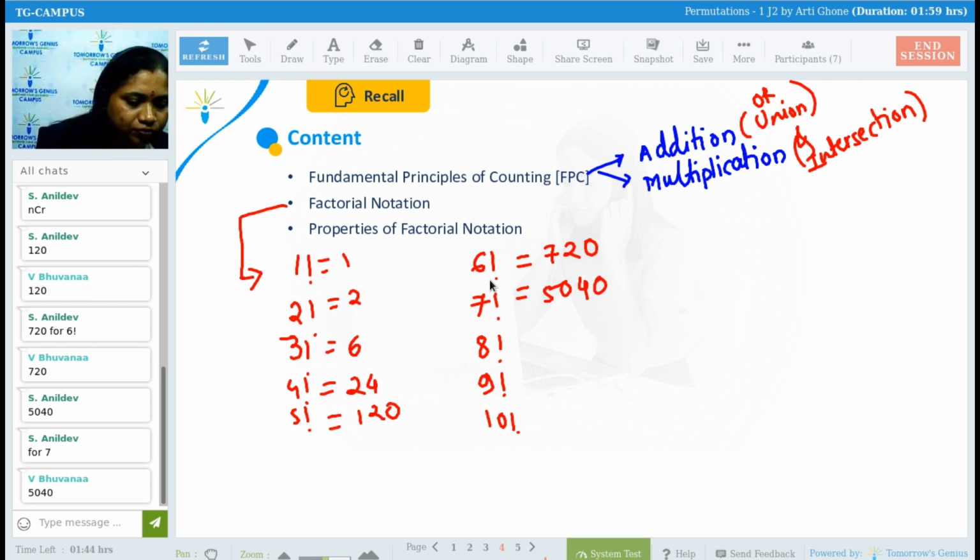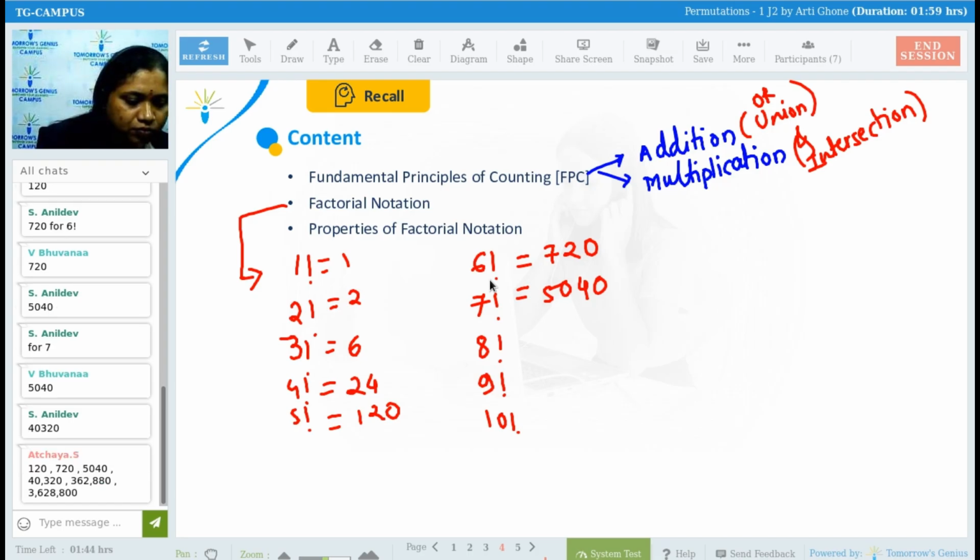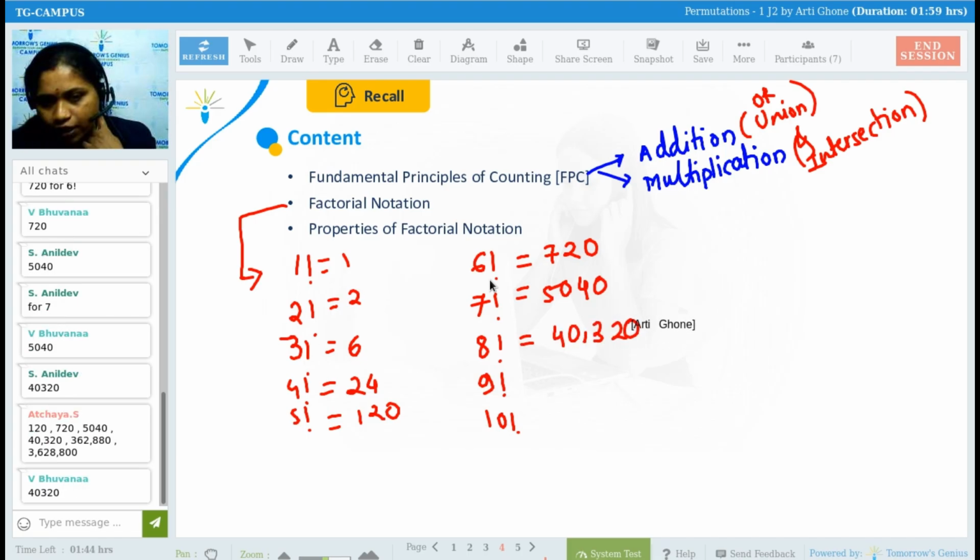8 factorial, 40,320. If you want your calculations to be very quick, okay, for